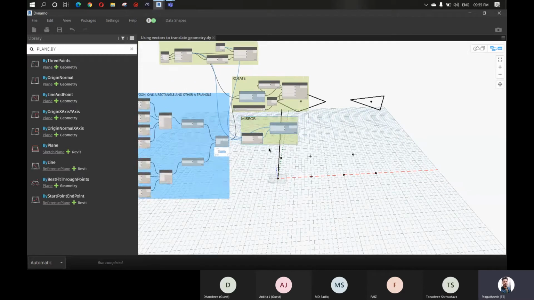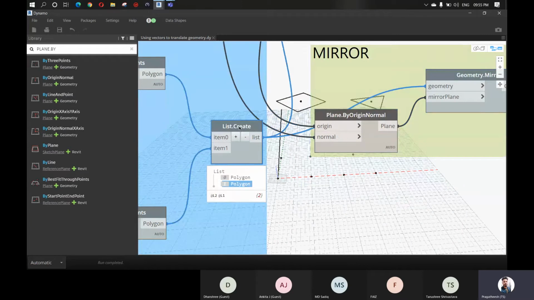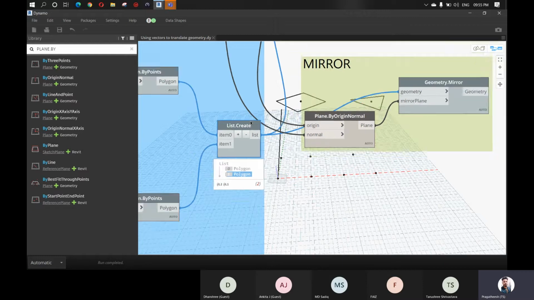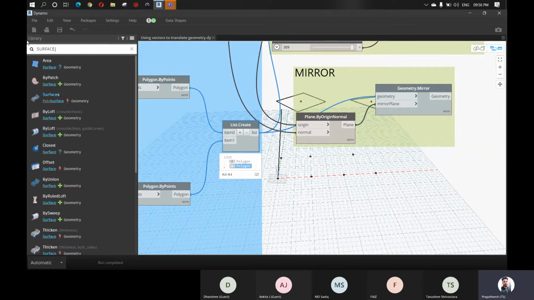Okay, so let's begin with the simple method. What you are seeing here is the group of two polygons, which is the bottom polygon, the square, and the triangle, right? So let's say that we want to create a surface. For that, we can use surface by patch.